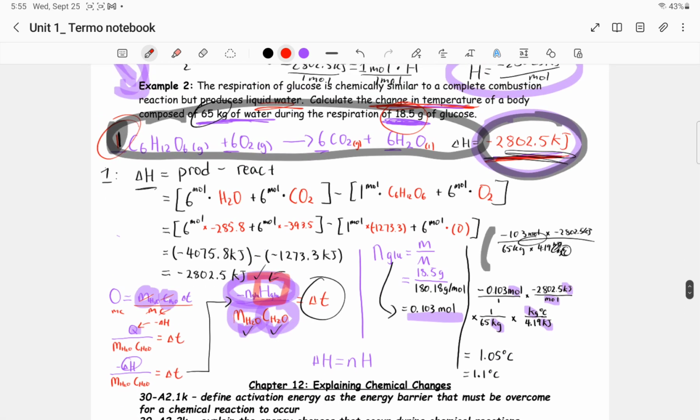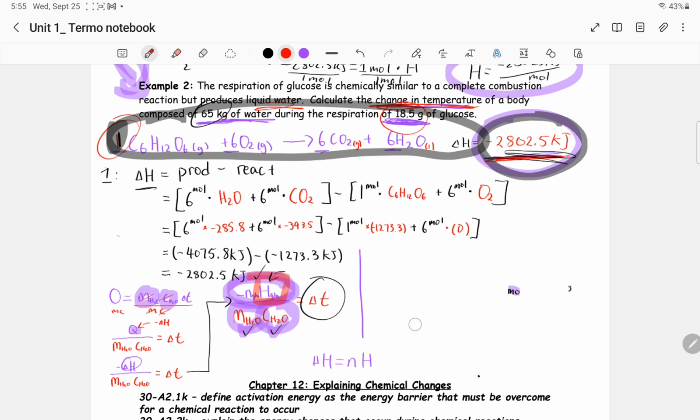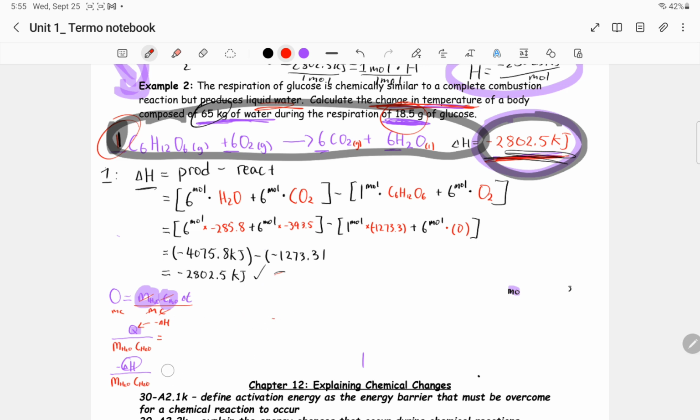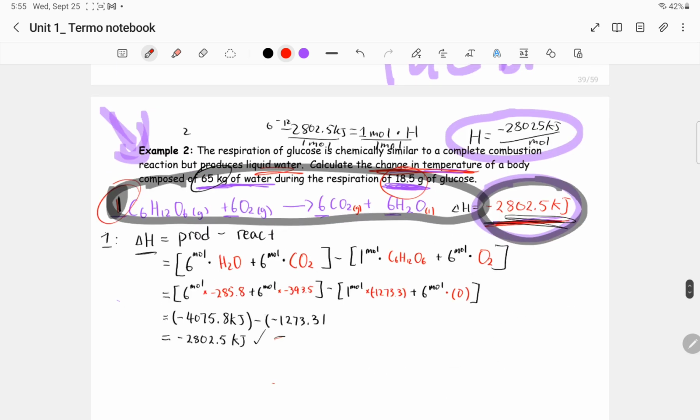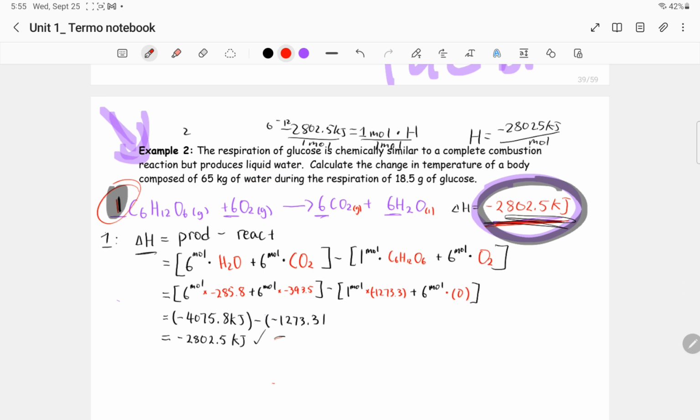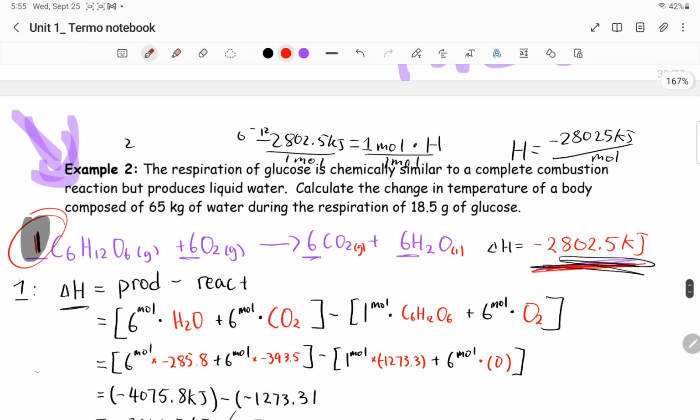All right. So I will erase this part. All right, so what we got? So we have example 2. The respiration of glucose is chemically similar to a complete combustion reaction and produces liquid water. That's a key, liquid water. Calculate the change in temperature of a body composed of 65 grams of water during the respiration of